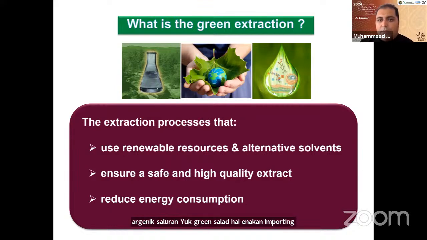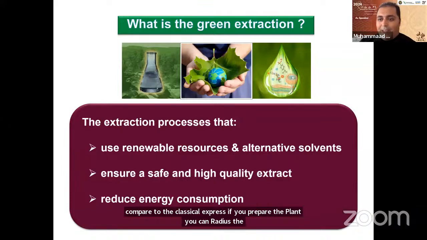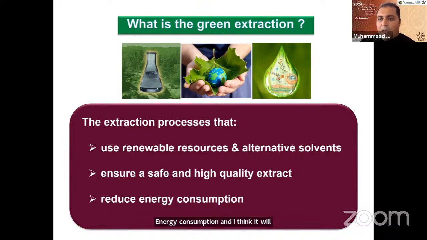Another important parameter is you have to ensure a safe and high quality extract. The extract which you get from the green extraction process ensures the safety as well as the quality of the product. And finally, reduce the energy consumption. As compared to the classical extracts, if you prepare the plant extract by a green method, you can reduce the energy consumption and ultimately it will reduce the cost of the product, and you will get an economical and low cost product, which is also